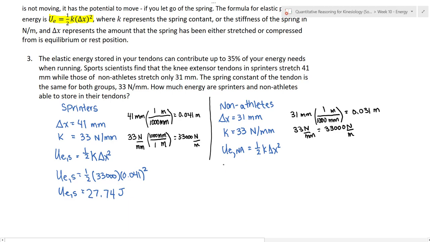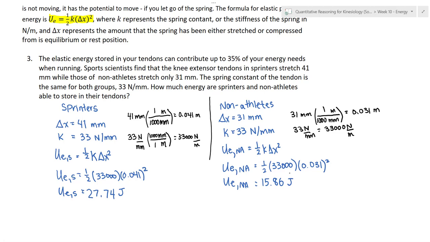Now we can go ahead and do the same thing for the non-athlete. Elastic potential energy of the non-athlete equals 1/2 K. My K is still 33,000. Delta X, which was 0.031 squared. I'm going to just type this on my calculator. 1/2 times 33,000 times 0.031 squared. And I get 15.86 joules. All right, so you can see that the sprinters are able to hold more energy in their tendons